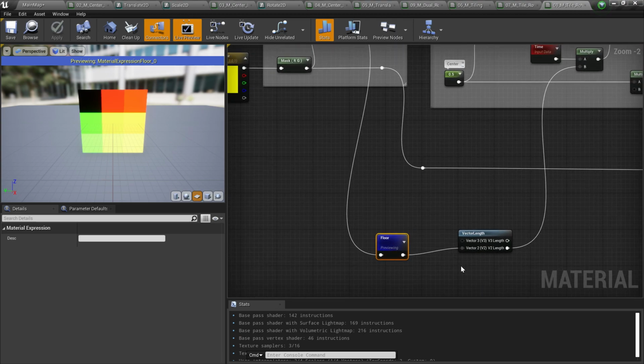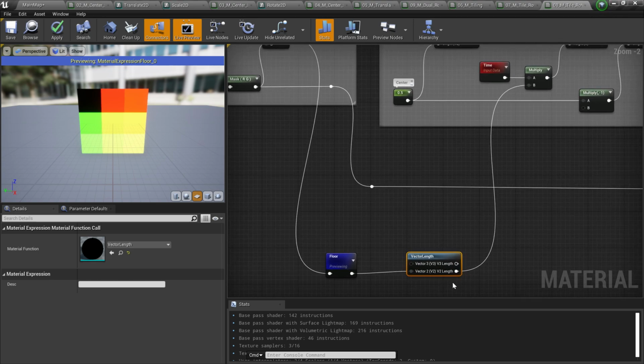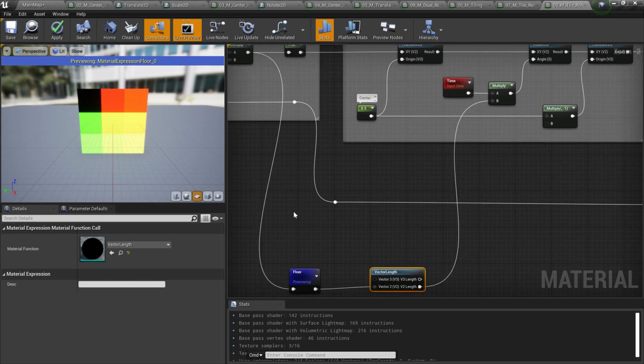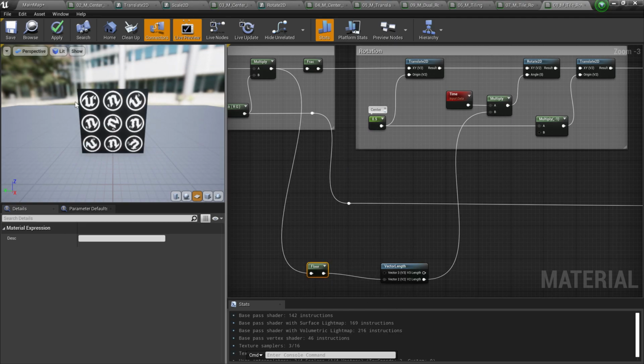This value is all over the tile, not in a single pixel. On all these pixels you get the same value. So basically now we have some sort of number, we can identify a tile, and that's interesting. Here we use a vector length. You can see we have a vector with 2 values, and we can get the length. All right, if you're not aware of that one. So we get this length and we put it back to the multiply node, and that's how we get this. Because as we go further and further, this vector length is going to increase, and that's how we get